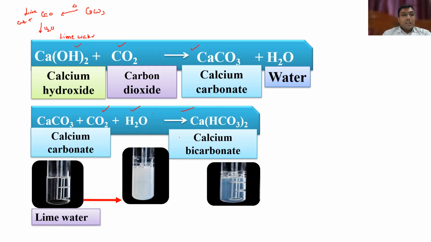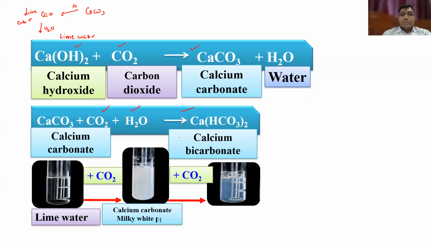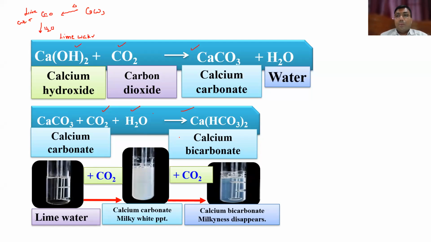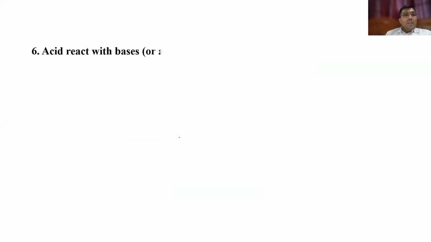So these are lime water. Already told you. Lime water, when you add what, students? CO2, you get what? White precipitate. What does the white precipitate indicate? Ujjwal, what does the white precipitate indicate? Sir, calcium carbonate. Calcium carbonate. So when you add excess CO2, what do you get? The milkiness will disappear. The white precipitate. Calcium bicarbonate, sir. Yeah, the calcium bicarbonate will be formed and the white precipitate will disappear. I hope you are clear, right? Very, very important.